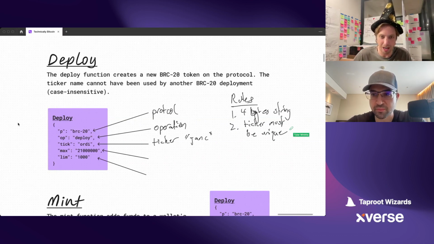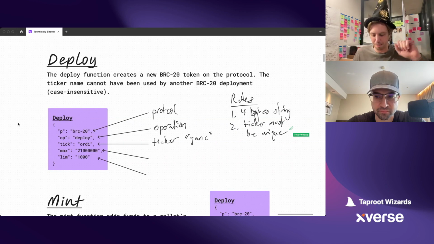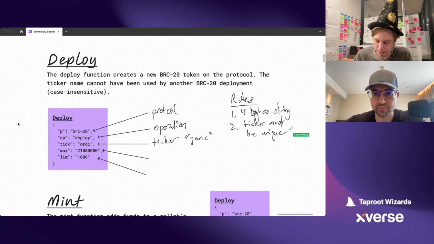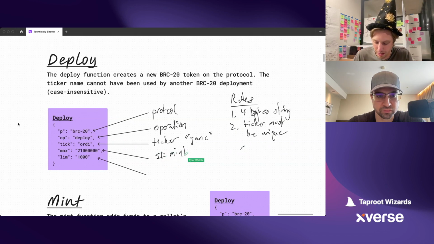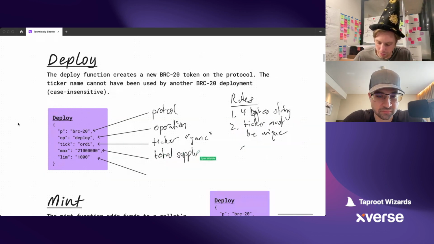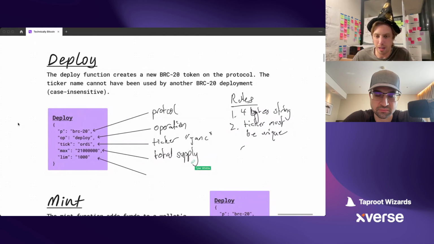And then some of the other rules are actually going to have to do with these bits of the deploy contract we haven't talked about yet. The max is the total limit. So this is the number of BRC-20 tokens for that ticker that can be minted. Okay, so this is basically the number of mints, better word for that is total supply. And then this final one, the limit, it specifies how much you can mint with one inscription, with one mint function, which we're about to talk to.